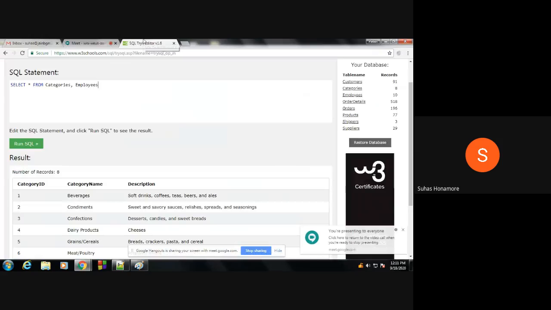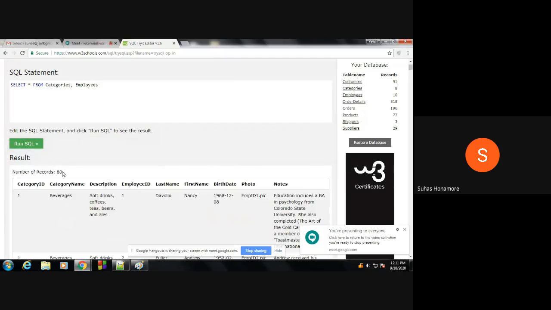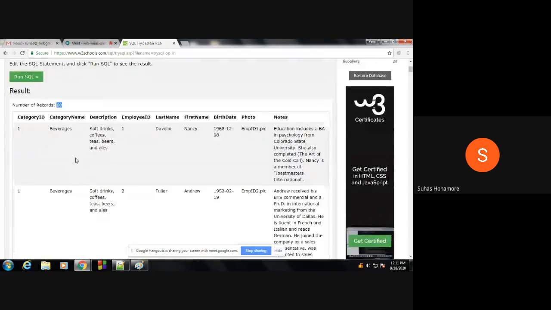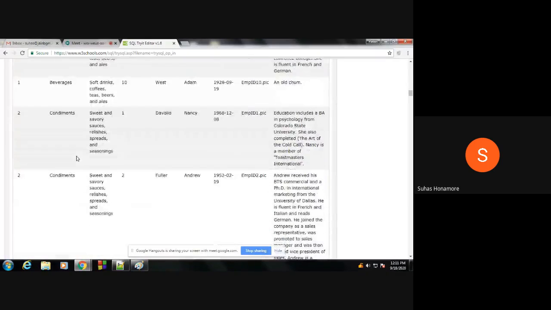Okay, so here what we are saying is, in this one we require two tables, so we are giving it. Why we are giving two tables and when we require those things, we'll study later. So can we give or not? We'll check it now. If I give two tables and execute it, previously we got 8 records. Now we see 80 records, which means we got 80 lines of records.